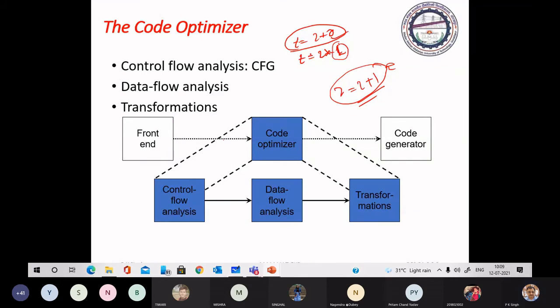Then we have other techniques such as local optimization and loop optimization, which we will discuss. In optimization, we have to go for transformation of the code.